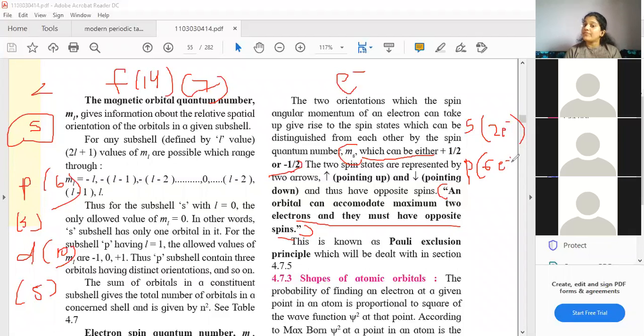You all know why, because P has 3 orbitals, every orbital has 2 electrons, so altogether the P subshell has 6 electrons. Then write D and in brackets write 10 electrons, then write F and in brackets write 14 electrons. Just write this right hand side part, no need to write everything on the left. This right hand side part will summarize everything. Write it besides this electron spin topic only, so you will understand.